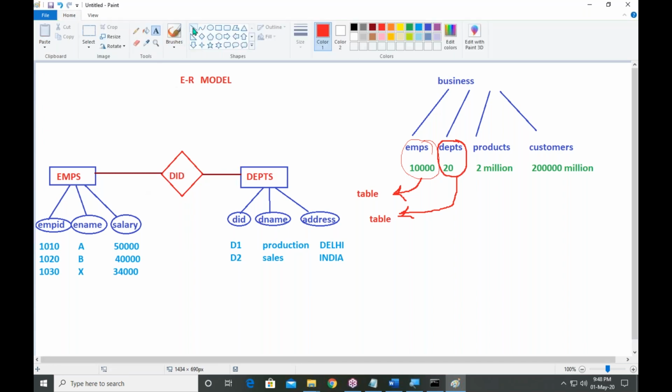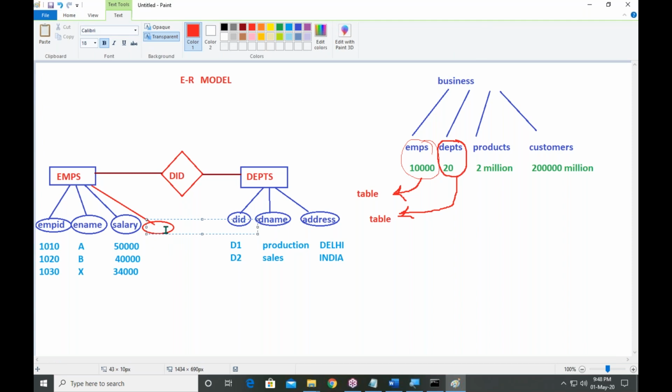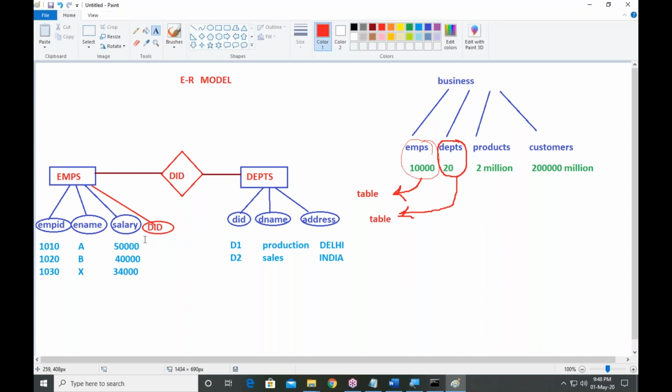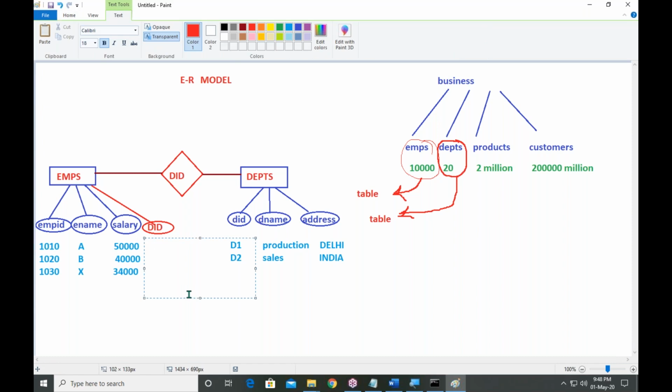If you define the relation, one more column will come under EMP. So here, this property is department ID. What is the department ID of each employee? D1, D1, D2.